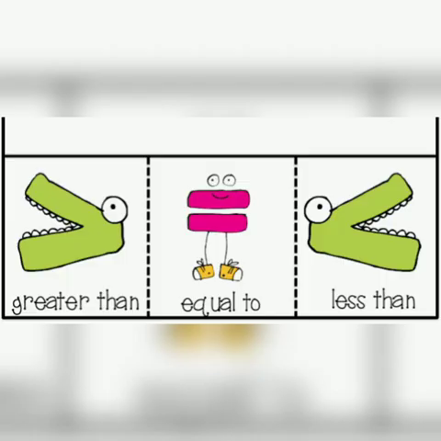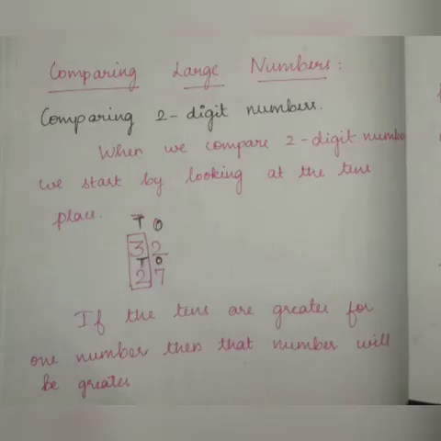For comparing, we have three different types of basic symbols. They are the equal to symbol, the greater than sign, which is a wide open mouth, and the smaller than sign, which is very narrow. Okay, always we can say that 2 is less than 3, right? 2 is smaller when compared to 3, so 2 is less than 3. 5 is greater than 4. And 10 is equal to 10, like that you can say. By using those comparing symbols, we are going to compare 2-digit numbers, 3-digit numbers, 4-digit numbers, and so on.